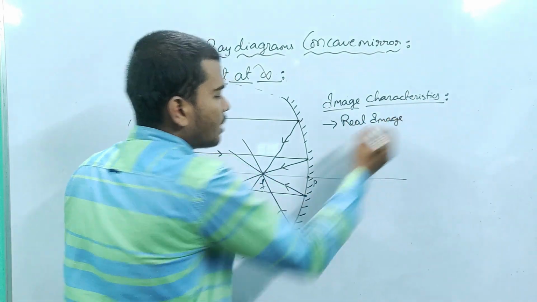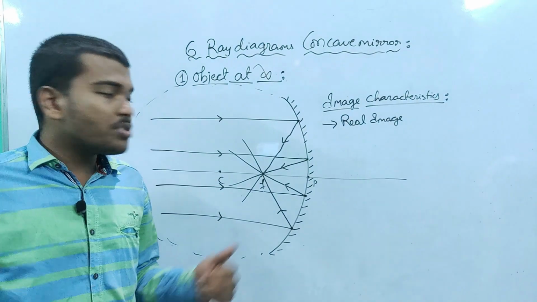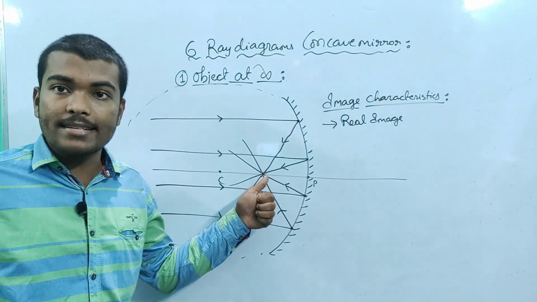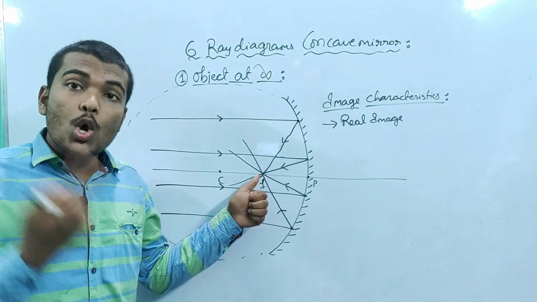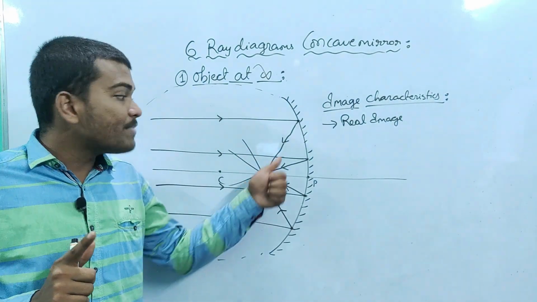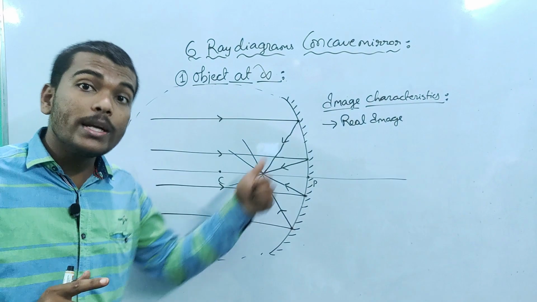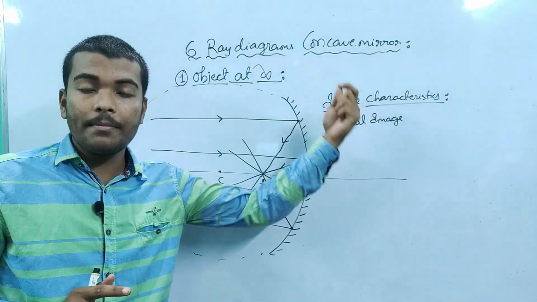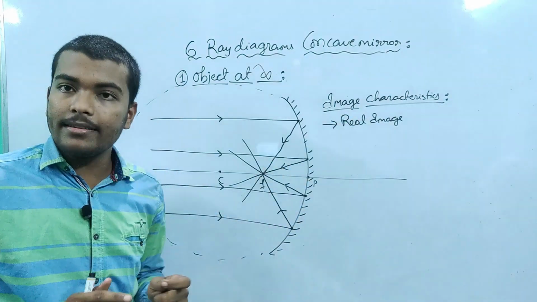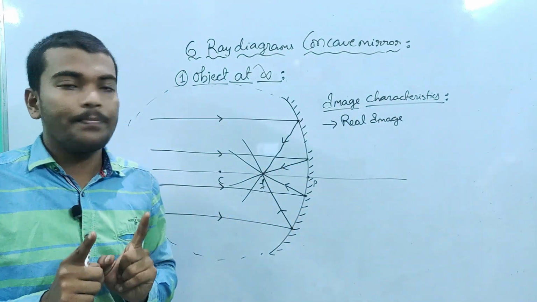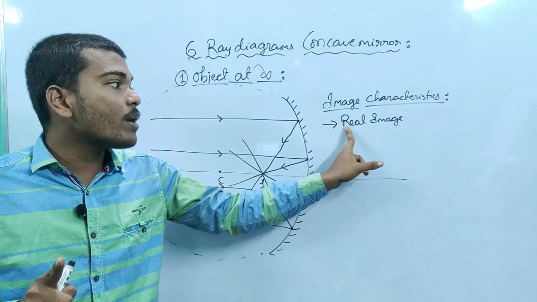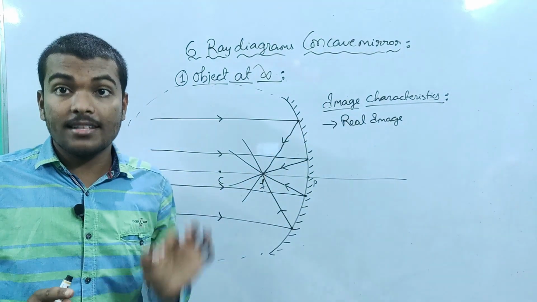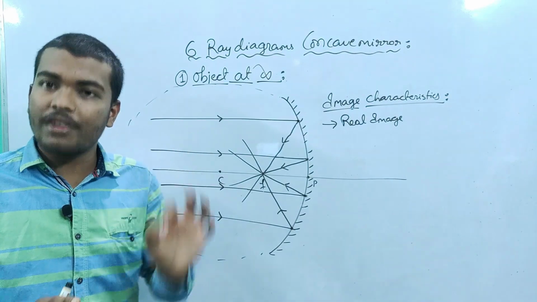So you will ask me naturally, would there be any situation in which these lines will not intersect? Yes, we are going to get that situation in the 6th case, the special case. They are not going to intersect, rather they are going to intersect behind the mirror. You are going to draw the dotted lines and meet those dotted lines behind the mirror. We are going to get a virtual image there. But for all these 5 cases we are going to get a real image, because the solid lines will be intersecting each other after reflection.